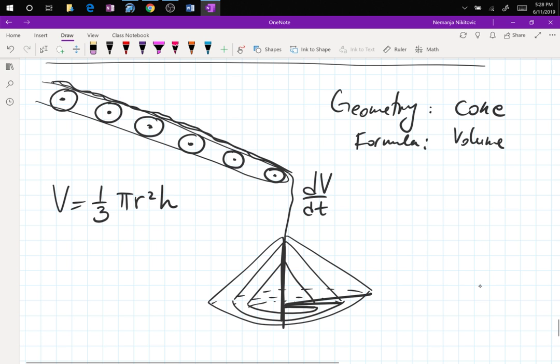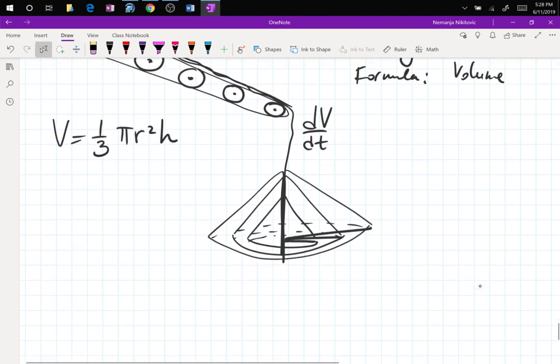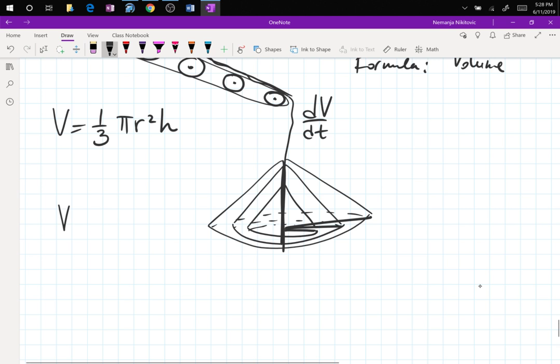So now, we have a formula which has three variables: volume, radius, and height. Now look at this, it's r squared times h. What happens as I differentiate? So you're gonna have to do product rule. So we have pi over 3 r squared h, and as I differentiate, we have to do product rule because it's